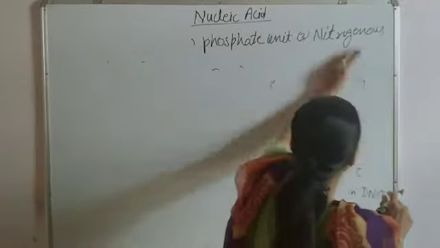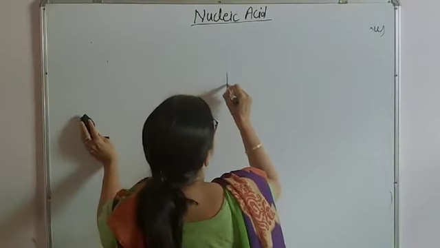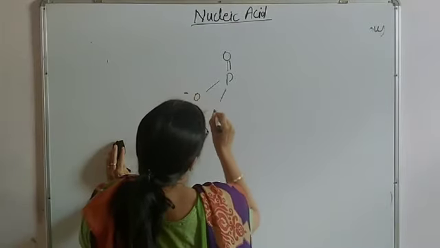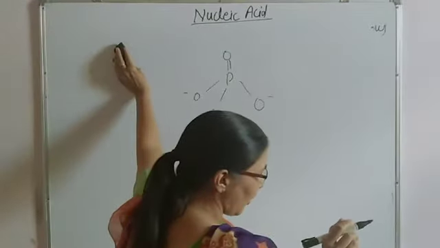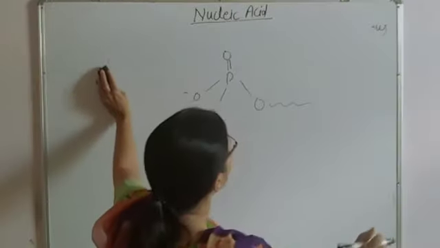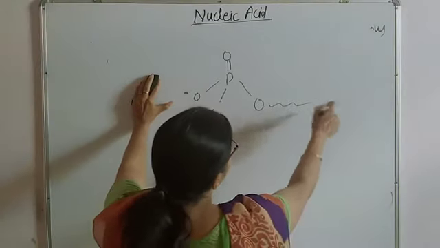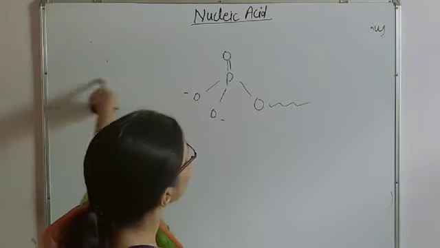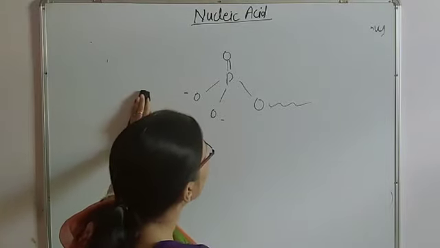Now next we are drawing the phosphate unit. It is a very simple phosphate unit: PO, O minus, O minus, O minus. This is the general structure of the phosphate unit. As this phosphate unit will be attached to other molecules in the nucleic acid, we can put a dash to show where it is attached. One more carbon atom may be attached, so sometimes we put dashes on both sides. After hydrolysis, we will get this type of phosphate unit.